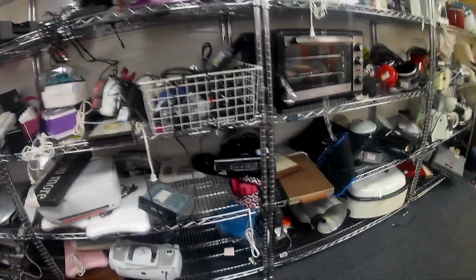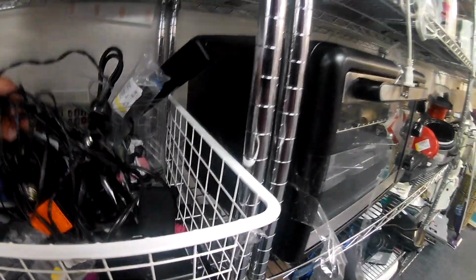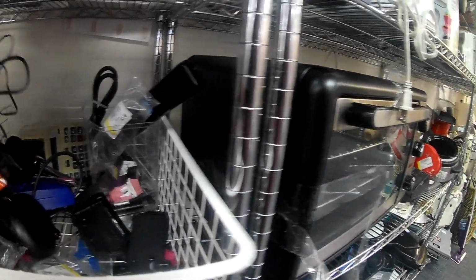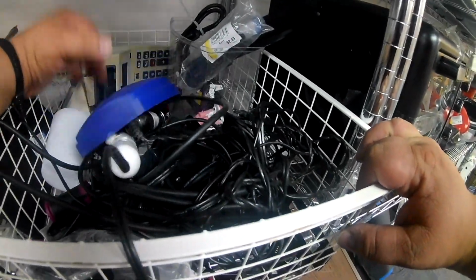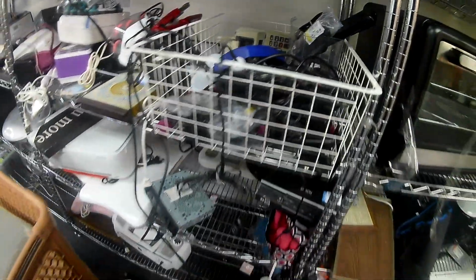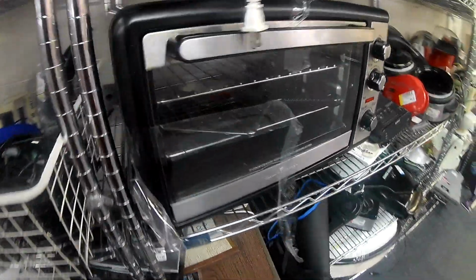So right now we're just passing through the knickknacks in the electronics section. Maybe I'll find a gaming controller or accessories for a gaming console. I'm starting to build those up so I can part them out when I go to these thrift shops. But I didn't see much of anything. There was this convection oven. Kind of passed on that. But I found this pretty neat